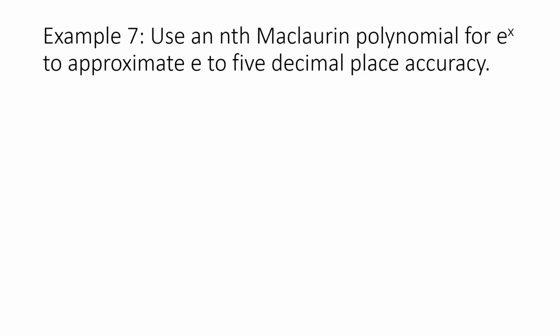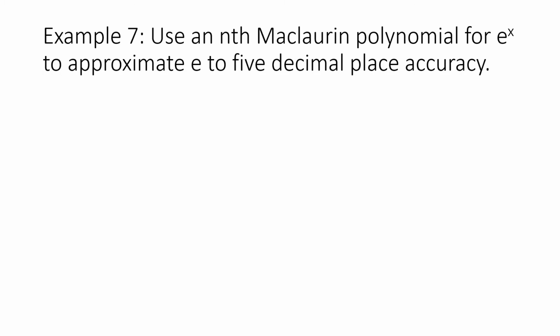So let's have example number 7. Use the nth Maclaurin polynomial for e raised to x to approximate e to 5 decimal place accuracy. For our solution, we note first that the exponential function e raised to x has derivatives of all orders at every real number x. From the previous examples, which is example number 2,